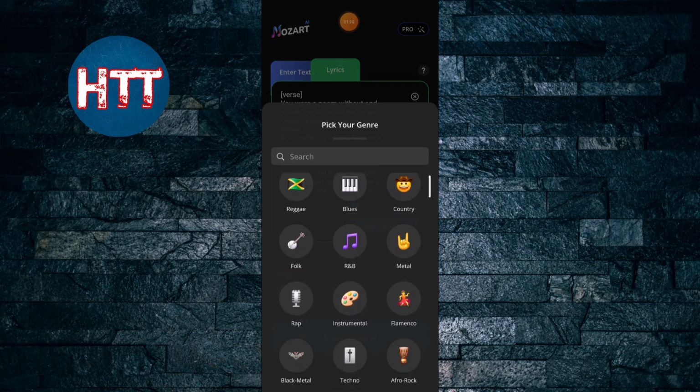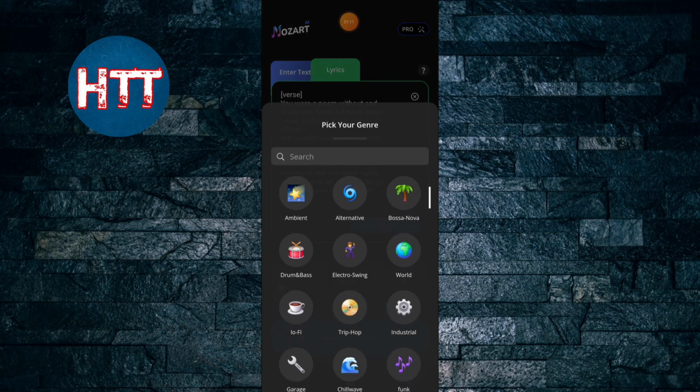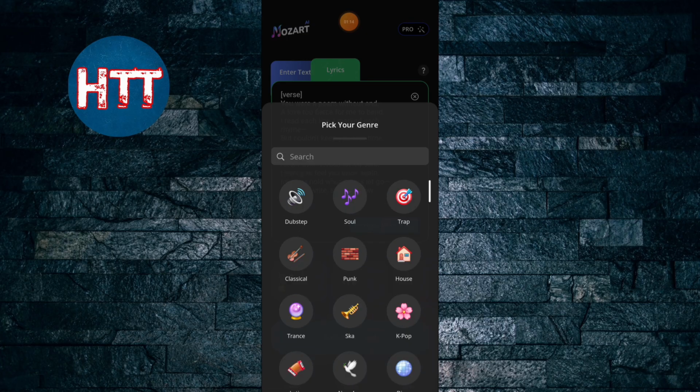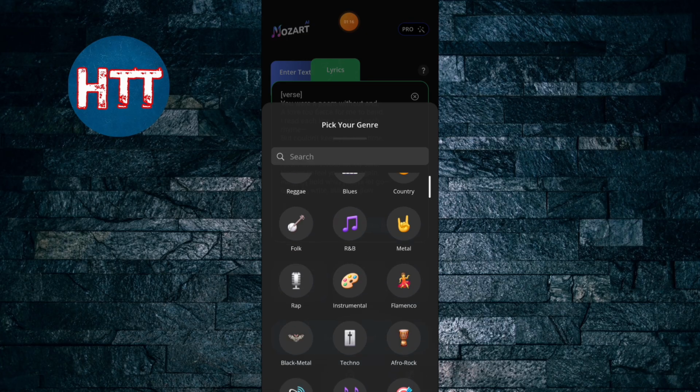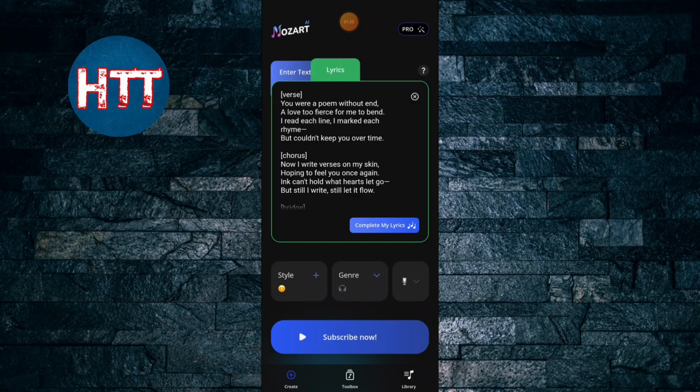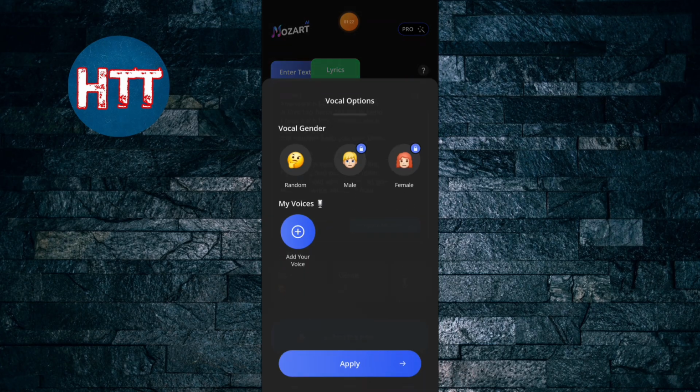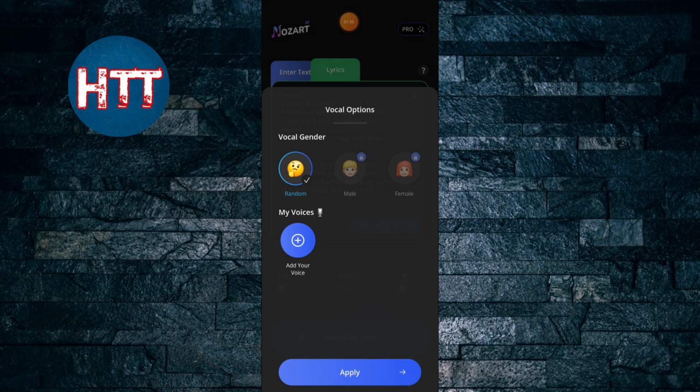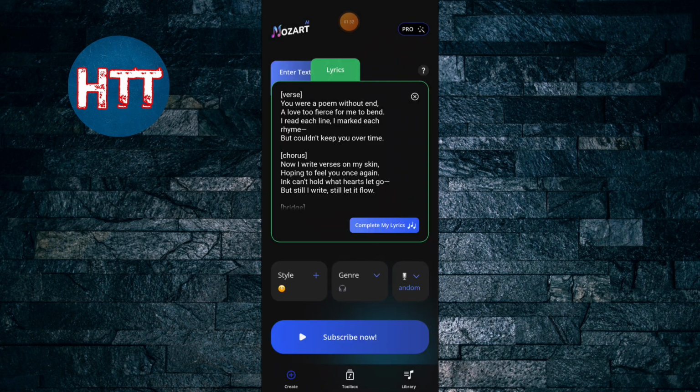So you can see what type of genre you want to like, you can search it here. So I'm just going to choose randomly. Actually, I don't have good idea about song. You can choose, and you can see here your random. Okay, and if you want to get a specific one, then you need to buy their premium package. So that's it, and after that you can see here,